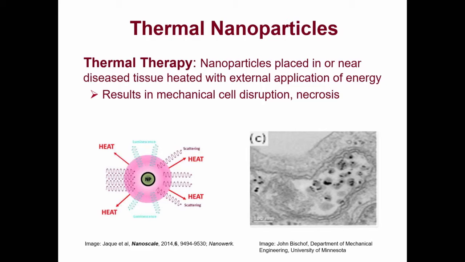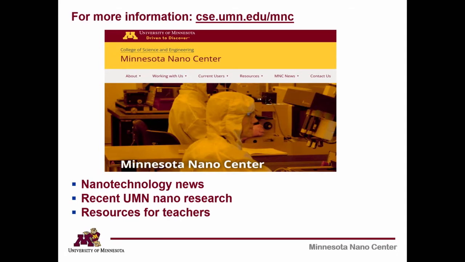Once the particles are at the tissue that needs to be removed, the patient is then exposed to radio frequency energy, radio waves. These radio waves are absorbed by the iron oxide particle, which then gets hot and then proceeds to disrupt the cell. It literally can blow the cell up or remove the cancerous or the tumorous tissue. So this is an exciting application, again, of nanotechnology to medicine.